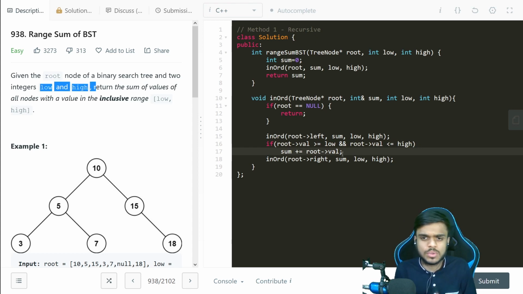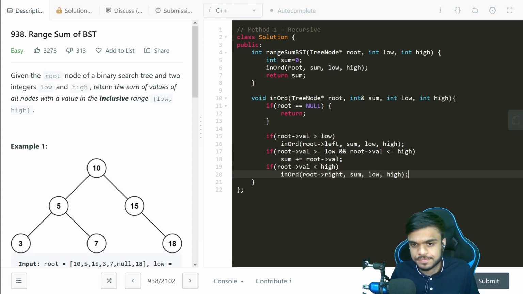Now you can use this, but this is not a completely optimized solution. The optimization we talked about is that with the help of binary search tree properties, we can use some validations to remove redundant or unnecessary checks. So after this, we'll be adding two more checks, that is this check, line number 19 and line number 15.